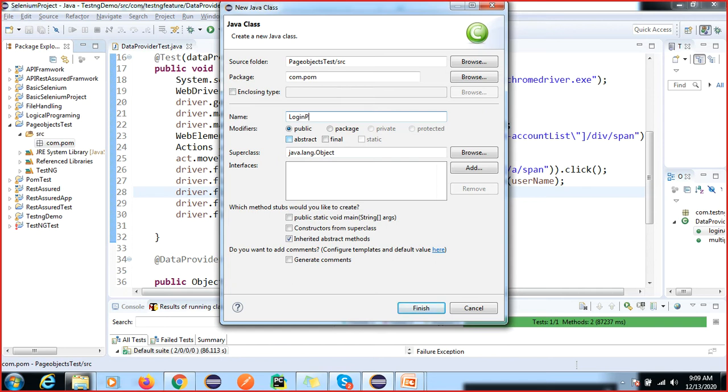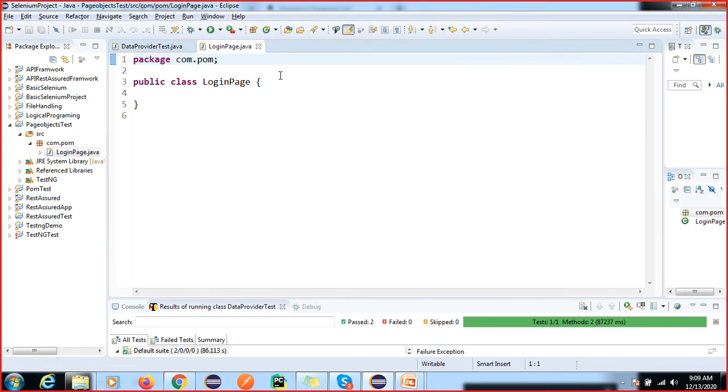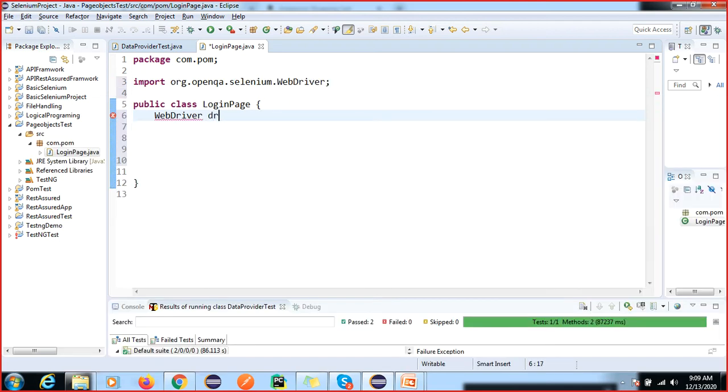This is your pure Java class, so I have created this login page. Here, first, if you are creating any class, you have to define a constructor. So I'm going to define a WebDriver, then I'm going to define the constructor as well.